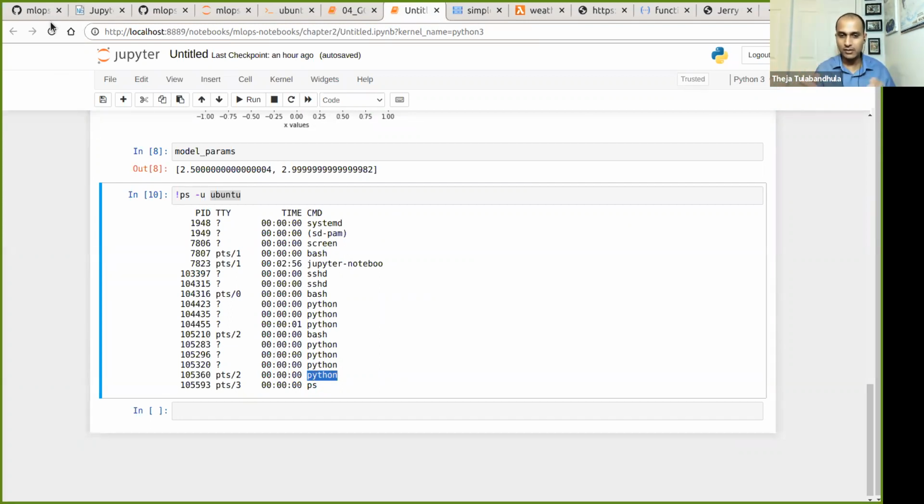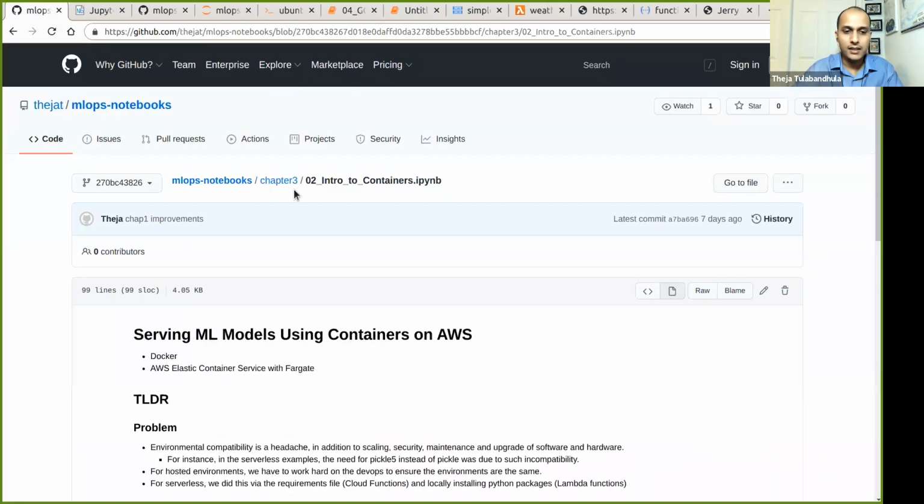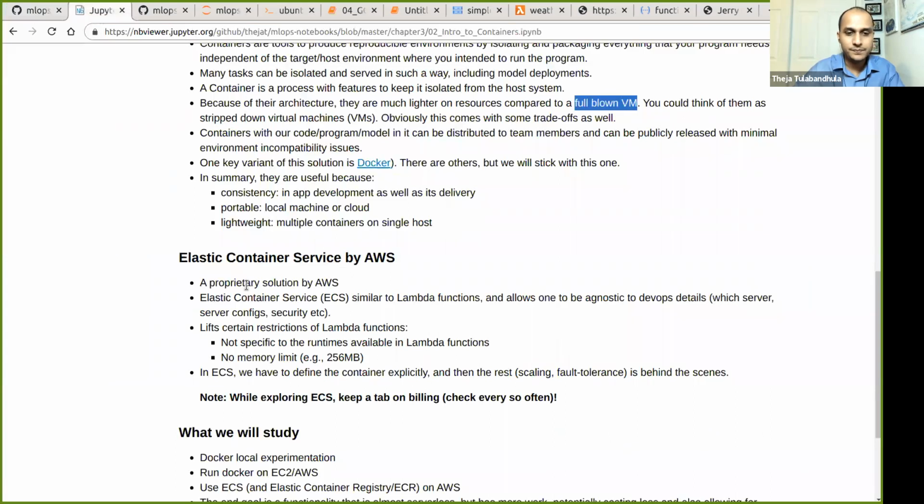Here it's not a full-blown OS within which the program is running. Our target program is only running within a single process. Sorry, let me come back here. That's pretty much the difference between VMs and containers.